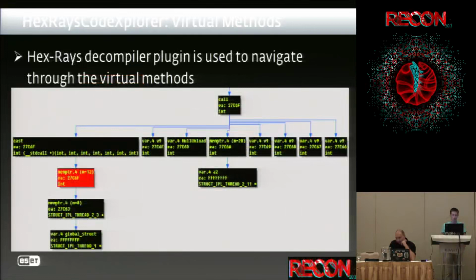And to be able to navigate through the virtual calls, we can do it easily using the C-tree structure. So if we encounter a call here, we can go down this branch and find that there is a